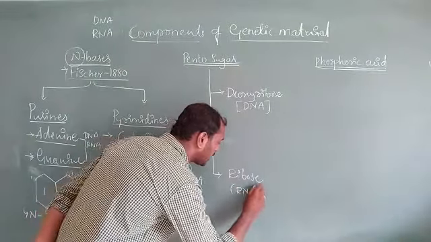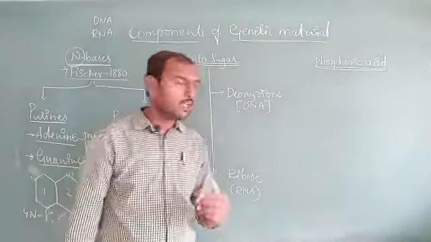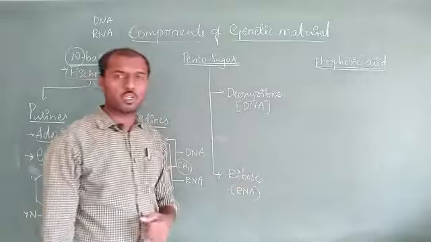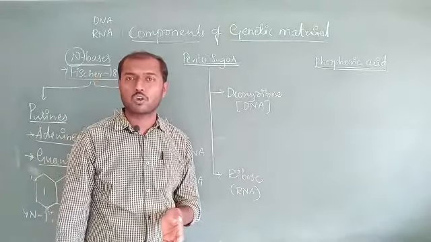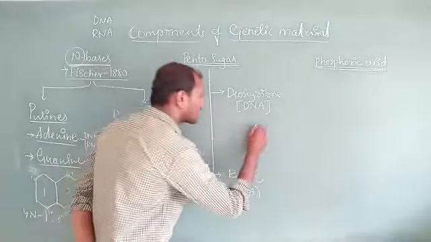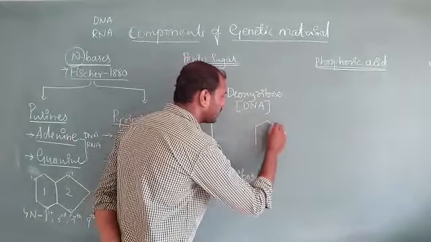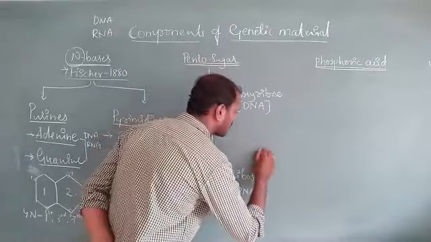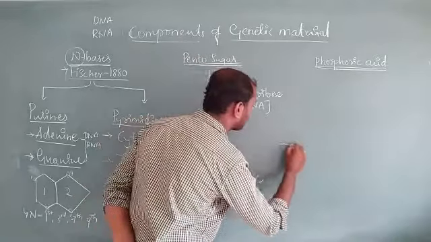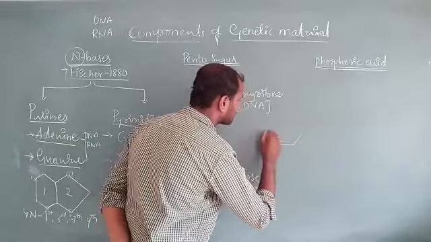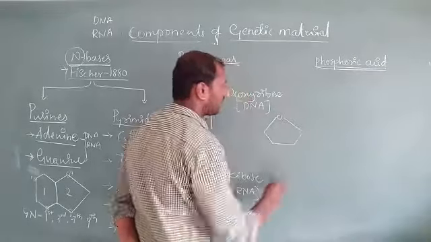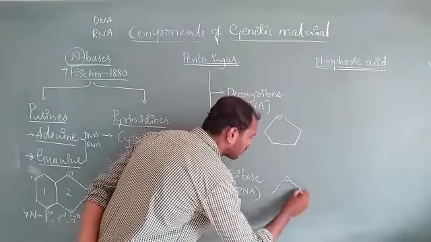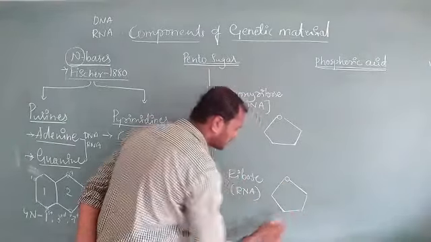So in DNA it is deoxyribose. In RNA what do we have? We have ribose sugar. So what is the difference between ribose and deoxyribose? When you look at the structure, you are able to understand very easily. So here I am going to draw ribose and deoxyribose. This is the main common structure that we can see in case of ribose as well as deoxyribose. So look at this common ring here.